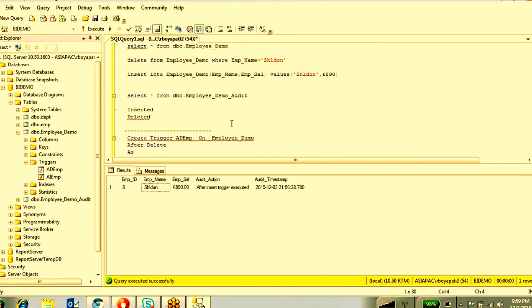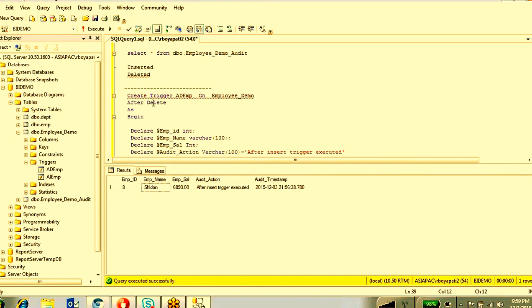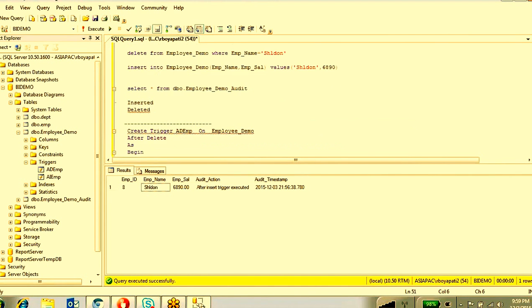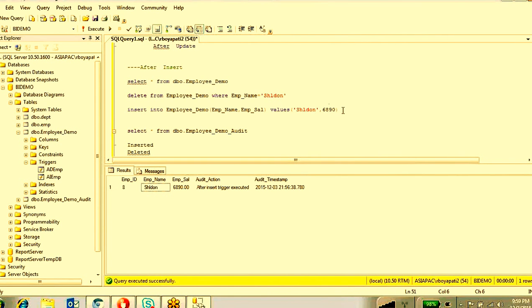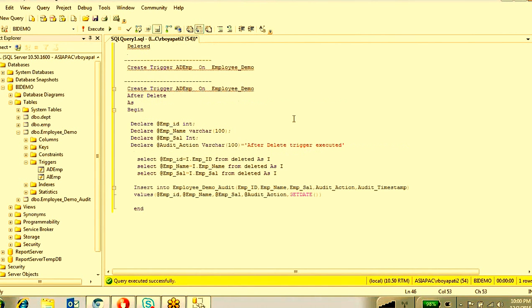Now I want to delete a record from the table. After the delete, the trigger will fire, execute, and insert whatever record you deleted. For demonstration purposes, this is a delete trigger.